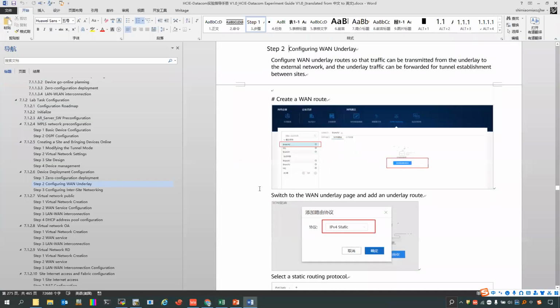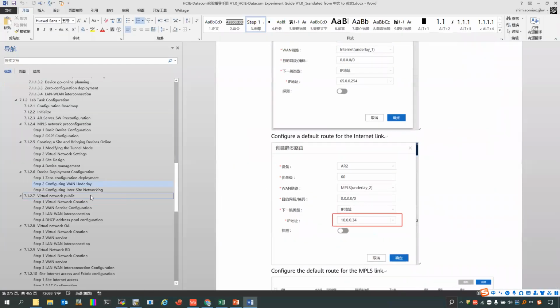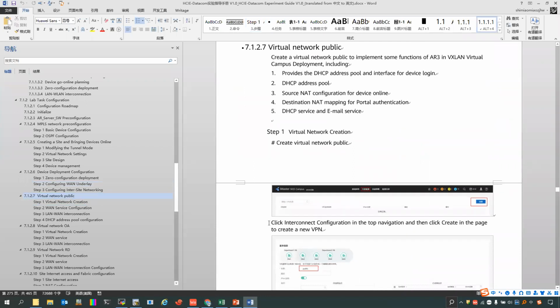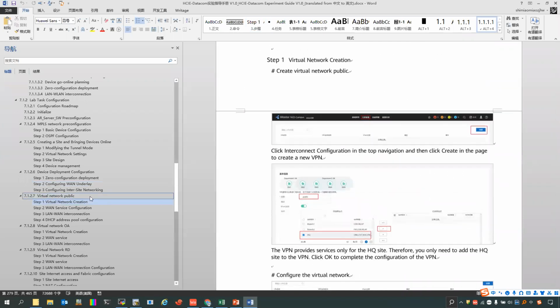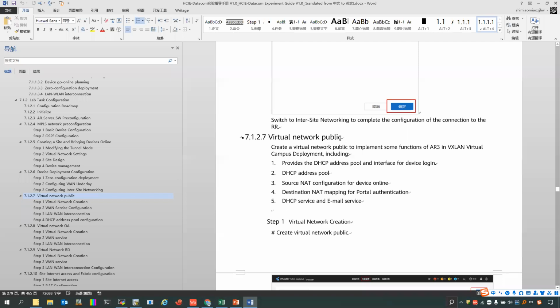The next is we need to configure the virtual network. First, the virtual network is the public. The virtual network public is not used between the sites. It is only used for the site HQ. And we need to use this virtual network to implement some functions that